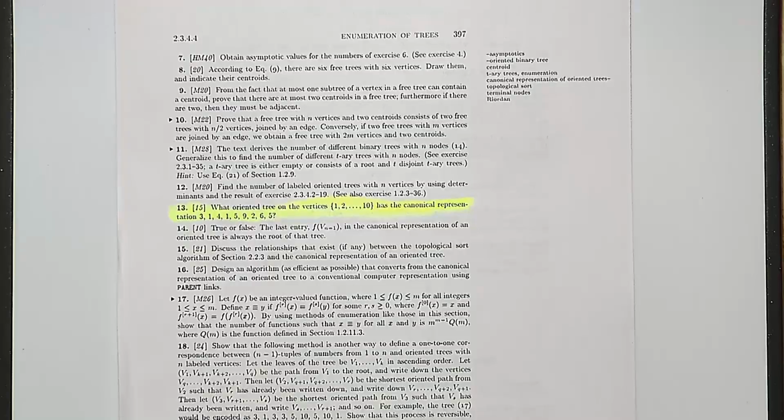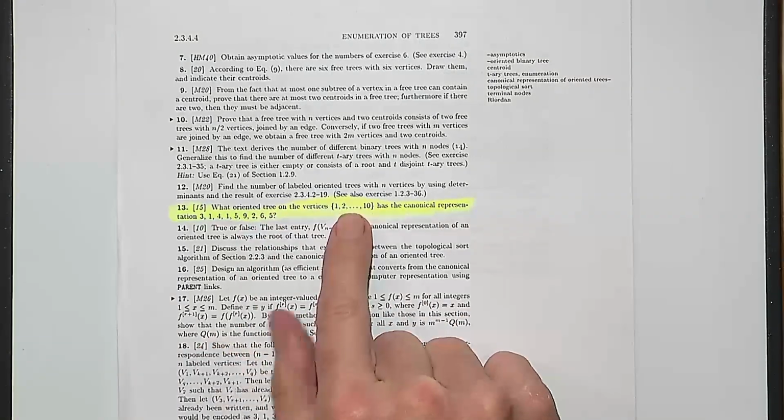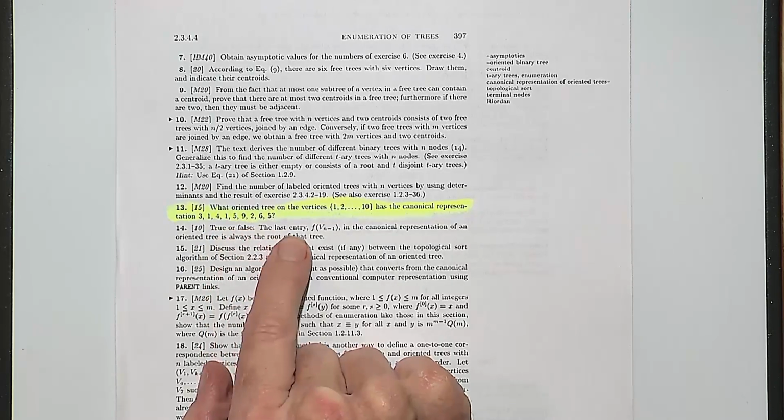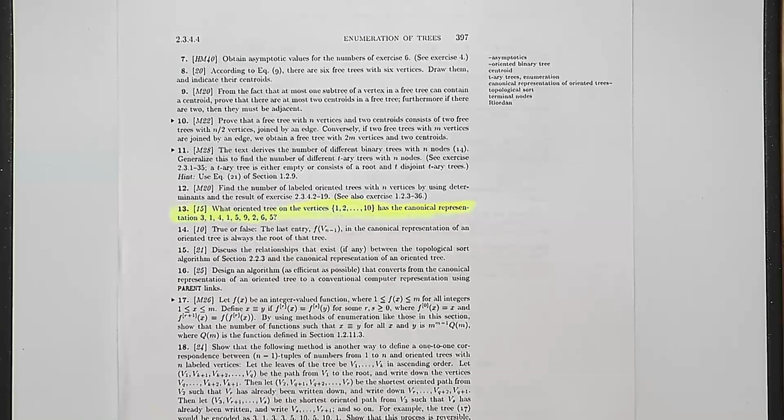However, it often is also used in order to show that whenever I need an example and pi is available, it shows that I didn't rig the example. So the first time I think I did this was in volume 1 on page 397. So it said what oriented tree on the vertices 1 to 10 has a canonical representation 3, 1, 4, 1, 5, 9, 2, 6, 5. Okay, so of course I didn't explain that this was pi,